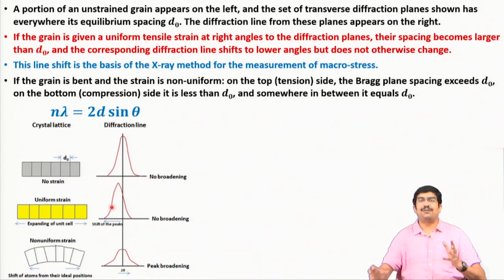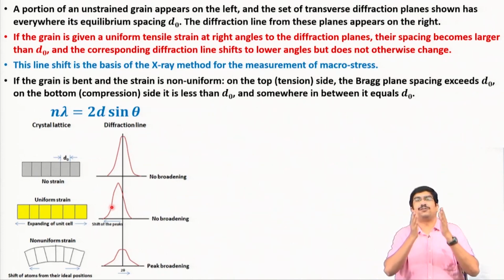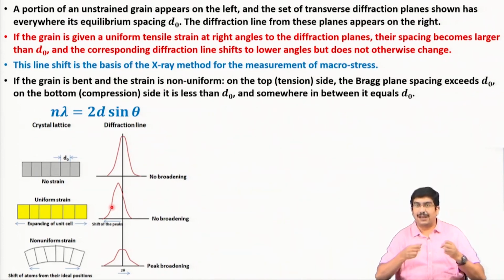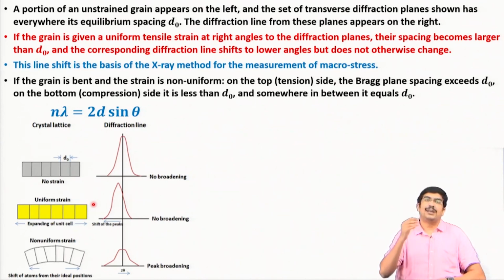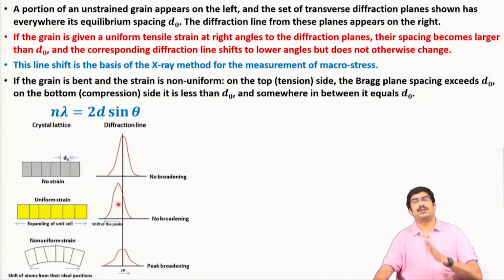Okay. So, that is the effect of a macroscopic strain or macroscopic stress. If you are applying the stress on all of the grains, on all of the atomic planes, then the entire peak is shifting towards left if you are applying a tensile strain. If you are applying a compressive strain, then the d naught will decrease. That means all the interatomic planes, all the planes will come closer together, interatomic distance will decrease, sin theta will increase, the entire peak will be shifted to the right hand side from theta b